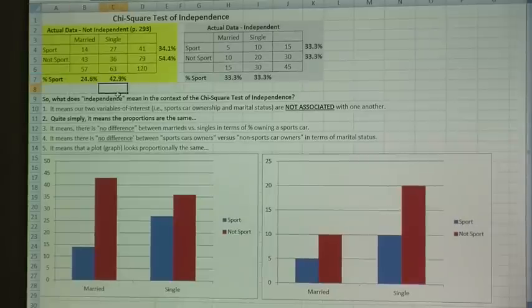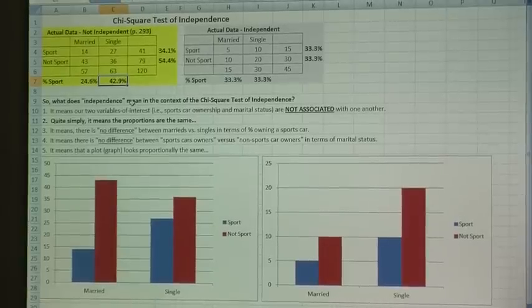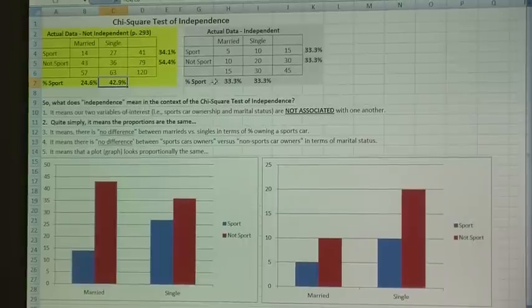To me, even without doing the chi-square test of independence, it seems like single people are quite a bit more likely than married people to drive a sports car. Now I haven't done the chi-square test yet, but just eyeballing those two numbers, 25% and 43%, that seems pretty far apart. So another thing that we can do, though,